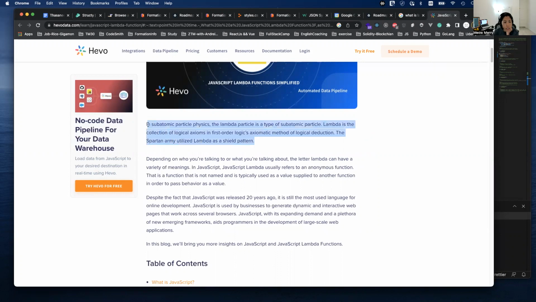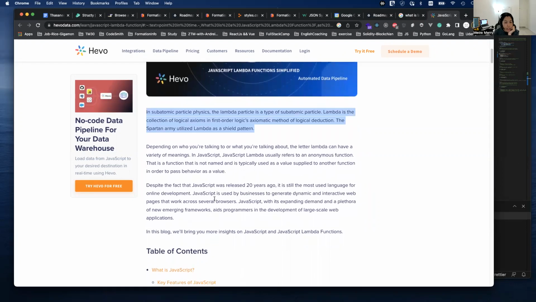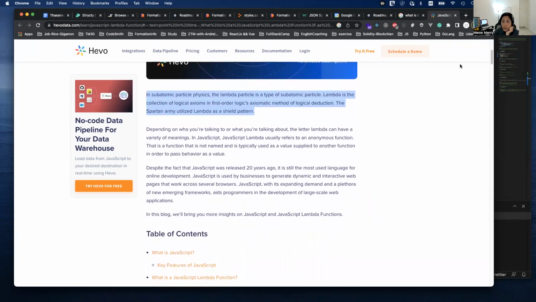Okay, it's very confusing. A lot of words. What is that? Okay, keep going. Subatomics. Oh my God, that's just difficult. Okay, depending on who you are talking to or what you are talking about, the letter lambda can have